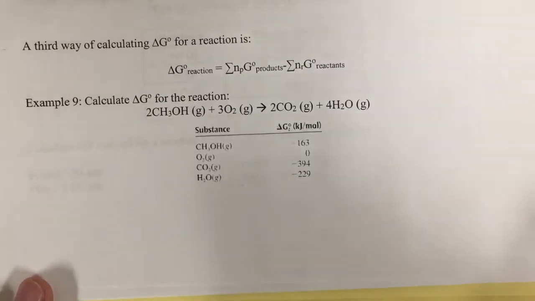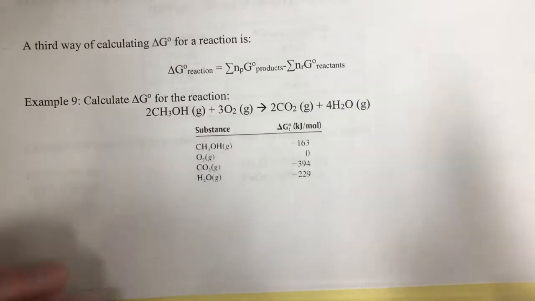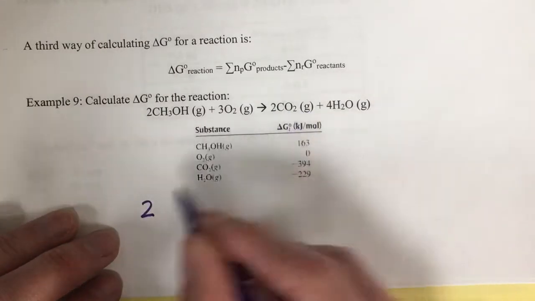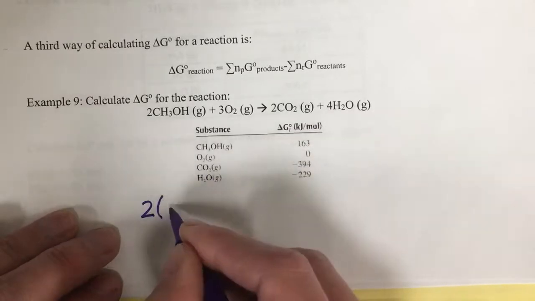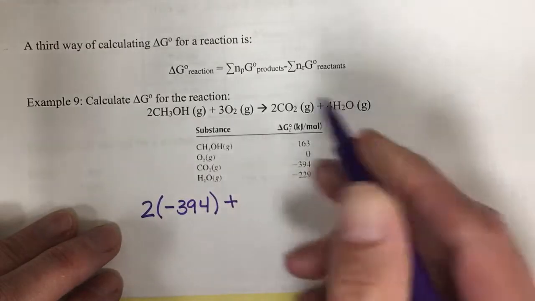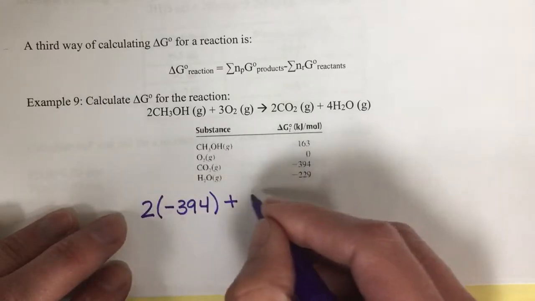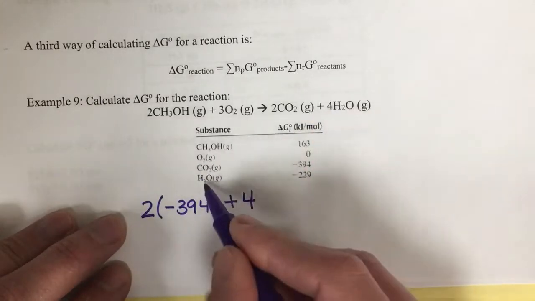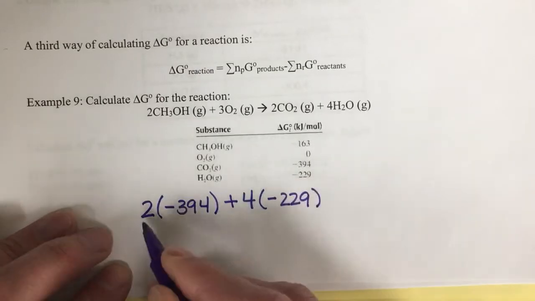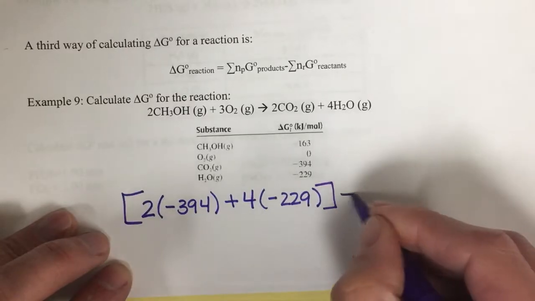Now I'm not going to solve the entire thing because, as I've said, we've done a lot of these problems, but just a reminder, I'm looking at moles of my products, so 2 CO2. I would find the value, negative 394, plus I've got 4 H2O. H2O is negative 229. So the moles of my products times the G of my products minus,